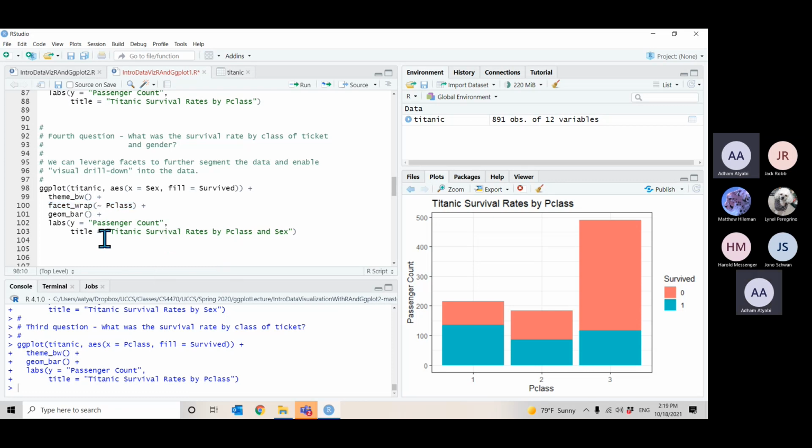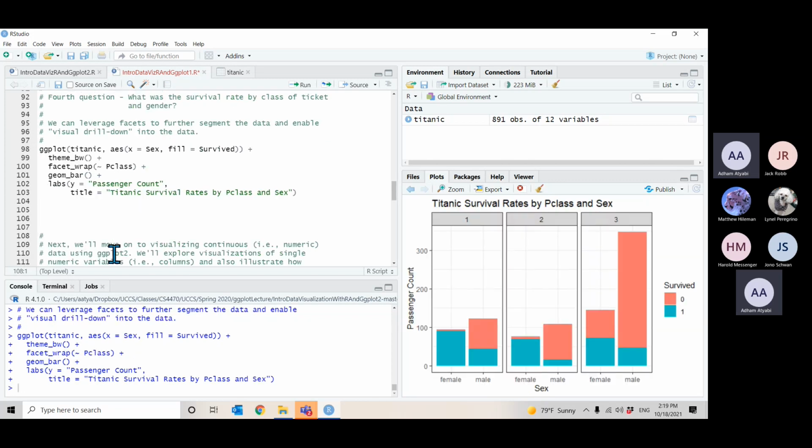So we're going to use the facet to further segment the data and enable visual drill down into the data. So when we do that, everything else is the same, but the effect that we are going to get is this. So we are going to have 3 sets of bar plots,